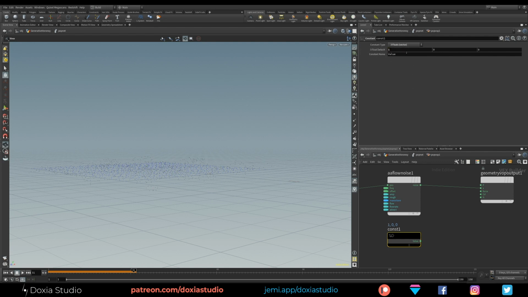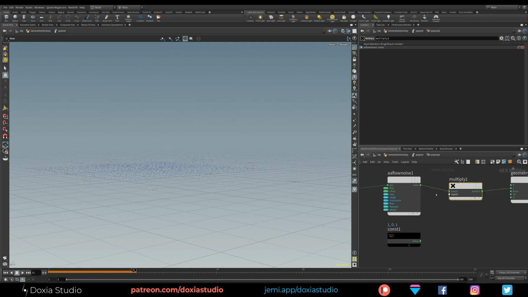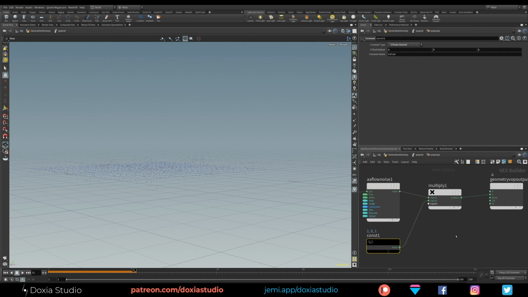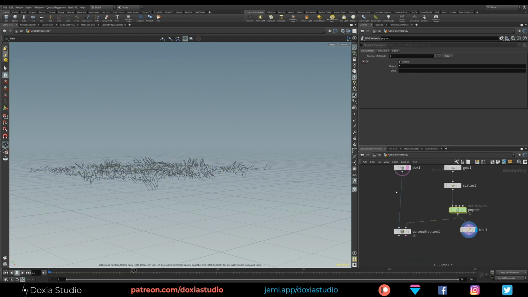So we want to keep the x, we want to keep the z, and we want to kill the force on y. Right, so let's multiply this vector by this vector. So any force that is y on this flow noise will be multiplied by 0, and everything that is multiplied by 0 is 0, right? So our velocity will always be 0 on the y.